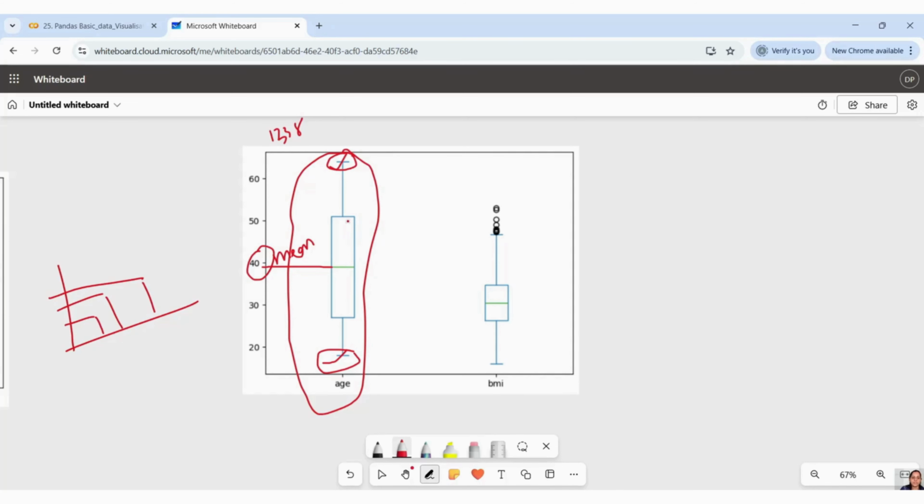Now, this is your quartile 1. This is your quartile 1, quartile 2, quartile 3, right? And this area is called your IQR, interquartile range. And I already told you, right, we have some formula with Q1, Q3, minus 1.5 Q1.